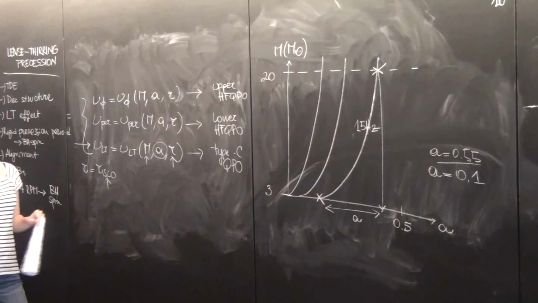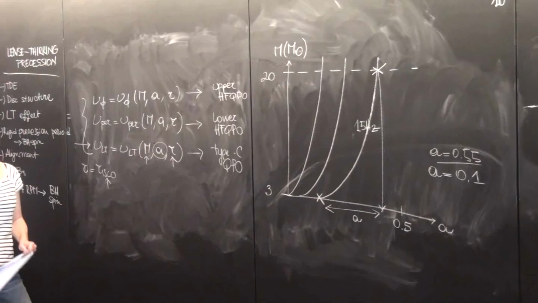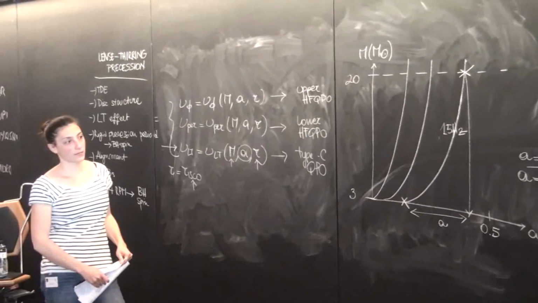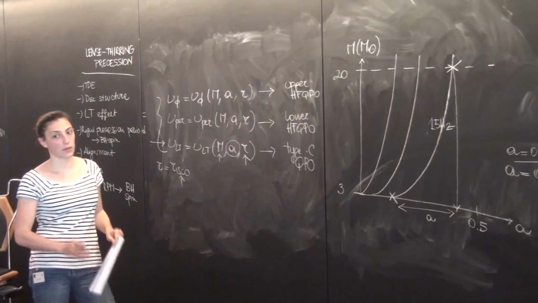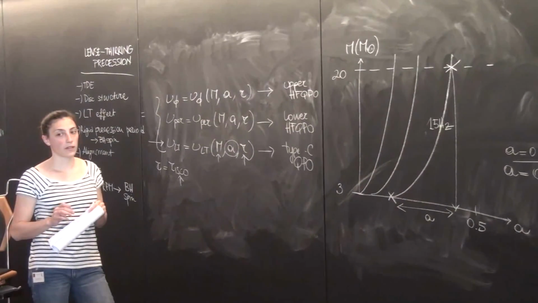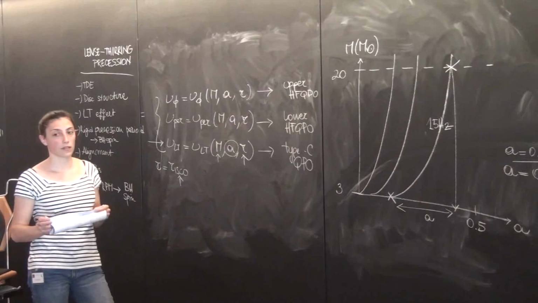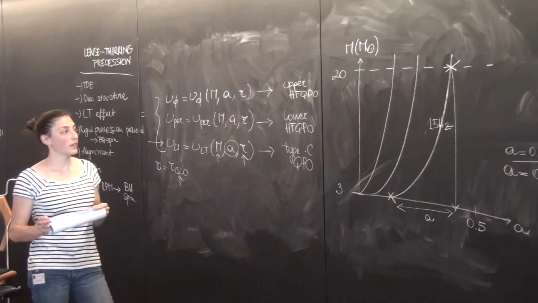Is there any particular reason why the type C QPO should be associated with the Lense-Thirring precession? Well, according to this model, this is what they do. No, there's no particular reason. But are there some objects for which you measure, in other ways, the three frequencies and you check whether they are